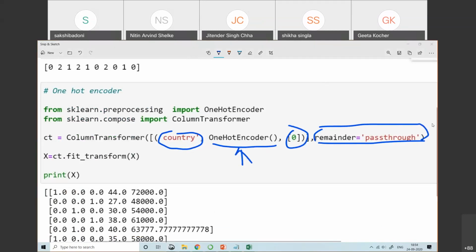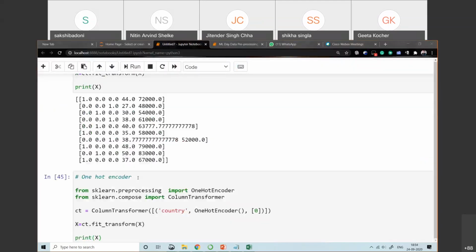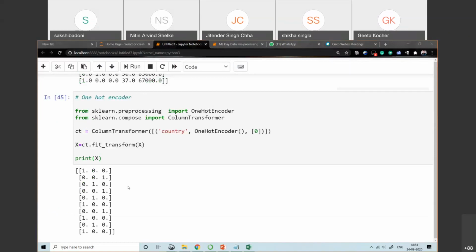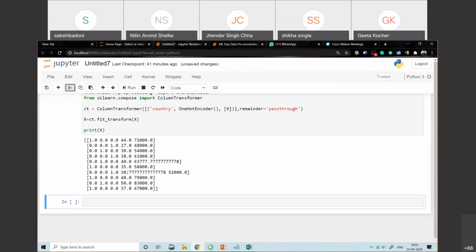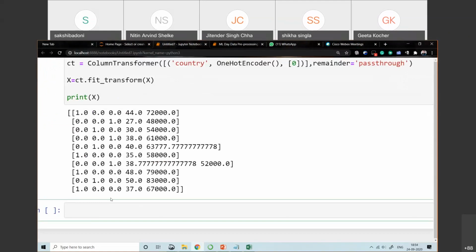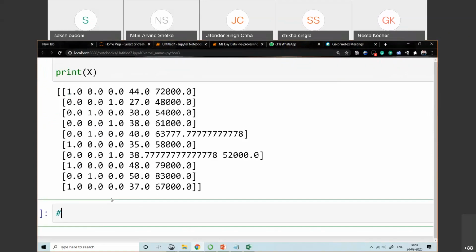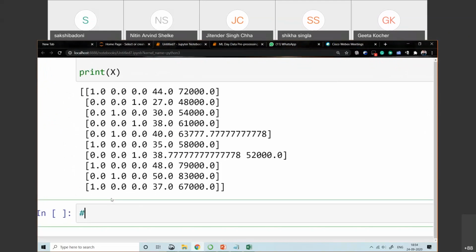Okay, so this is what one hot encoder does. Now what is the next step after one hot encoder? What we need to do? Anyone? What is the next step? Please ask. Set features setting. No. The last step remains, that is avoiding the dummy variable trap. Yes, Anshul, right. Remove the dummy variable trap.